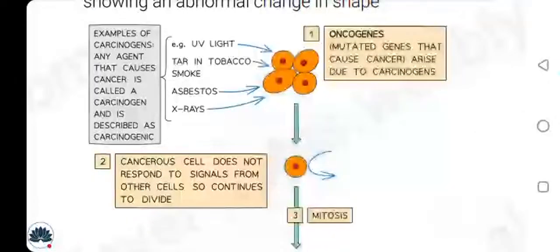Now just see the stages of how the cancer is formed. So what are oncogenes? The mutated genes that cause cancer. Mutation means a change in the number of chromosomes, arising due to carcinogens. It means the carcinogens or the oncogenes are the same, which are producing the cancer cells. Examples of carcinogens: any agent that causes cancer is called a carcinogen and is described as carcinogenic. The examples are ultraviolet light, tar in tobacco smoke, or